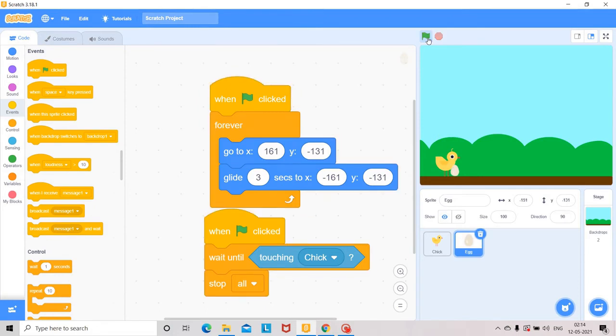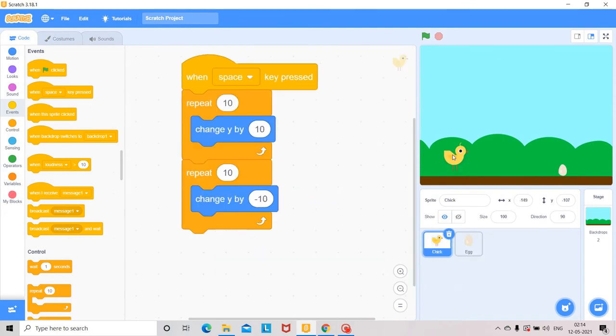So when the chick touches the egg, both will be stopped there. Okay, and you can give the position of the chick. Sometimes it will stop in the air also. Okay, by clicking the flag symbol, next it should take its actual position. So you can give the position of the chick also.